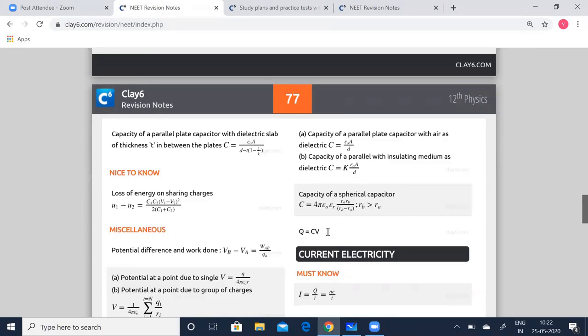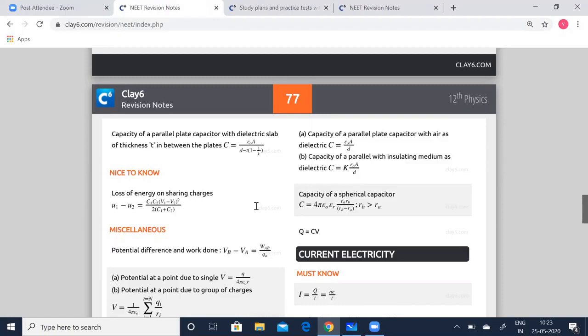So Q is equal to C times V. These are the important formulas which you have to learn. It is better to memorize them, and you have to be very careful while using the formula. What formula to be used? Don't get confused. Learn again and again. Go through the neat concepts from the revision notes, then look into the problem carefully, analyze it, and make sure which formula to use. We have summarized everything, so you can make use of this. It's going to be pretty easy.